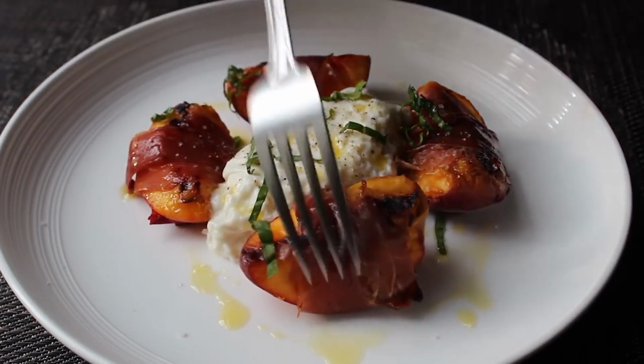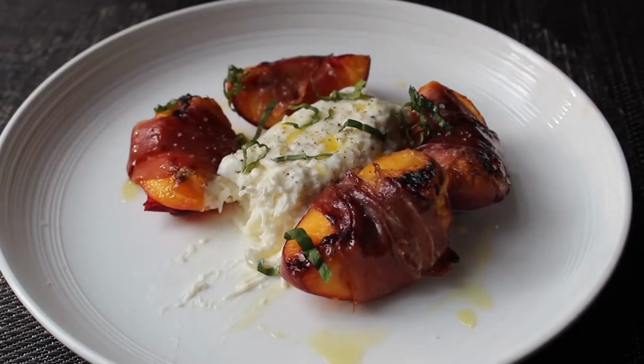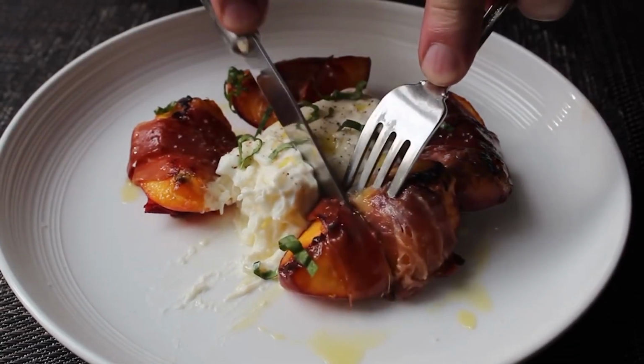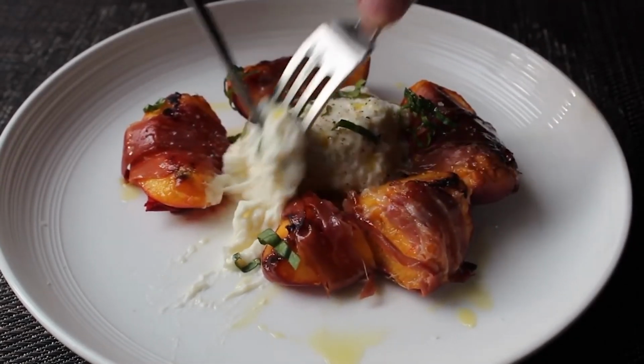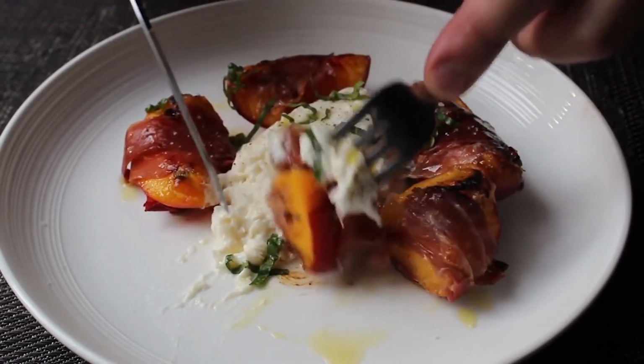And as good as this looks, and you gotta admit, it looks pretty good, the combination of taste and textures here is just off the charts. I mean, we have that salty ham wrapping that sweet, juicy fruit, both of which have been kissed by that smoky grill. And when you pair that with that extra creamy, extra rich, extra decadent mozzarella, you have something that's